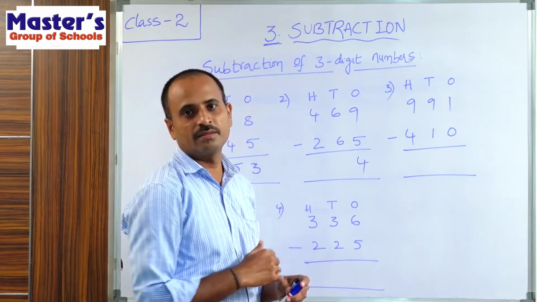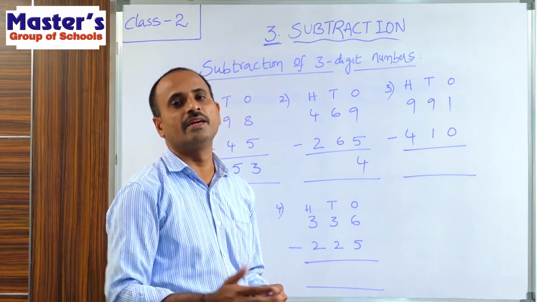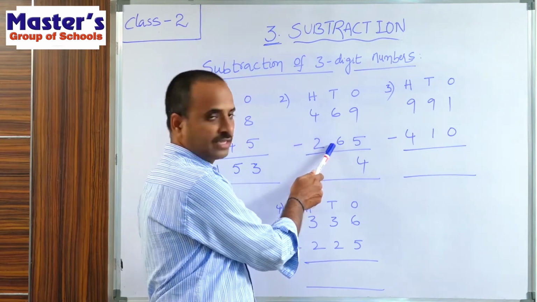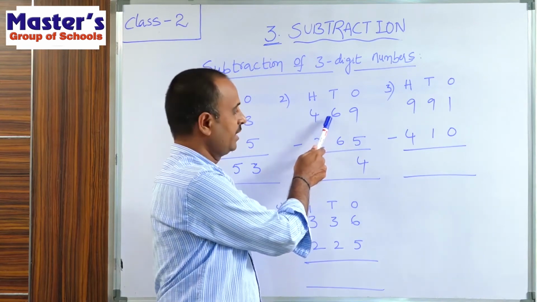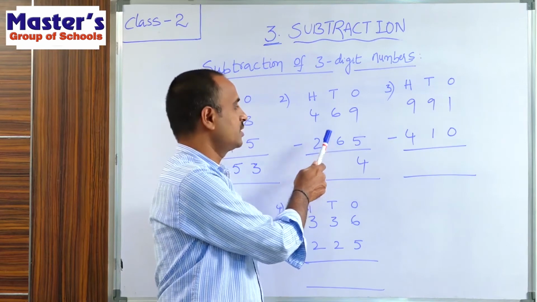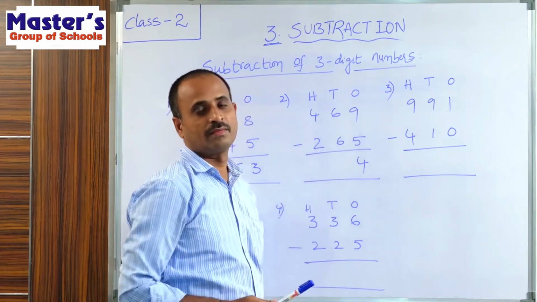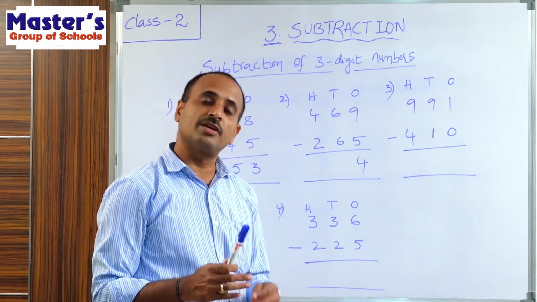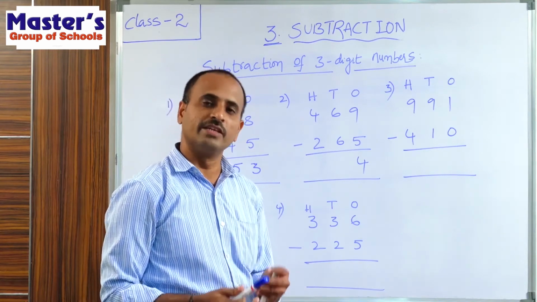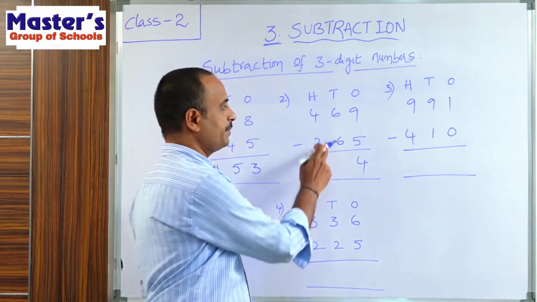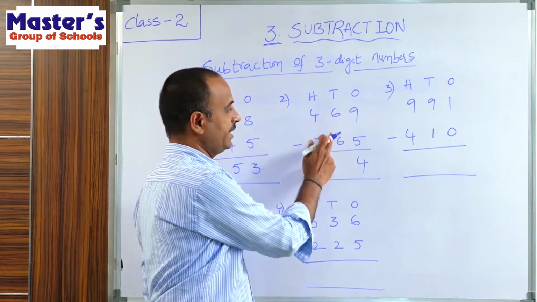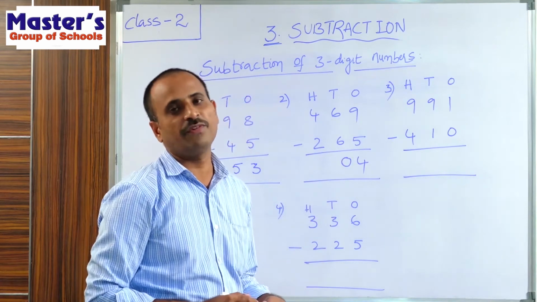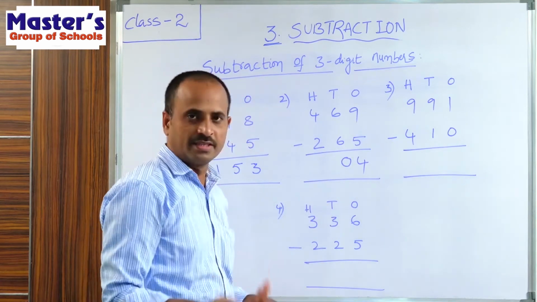Now go to tens place. Subtract the digits present in the tens place. What are the digits present in the tens place? 6 and 6. The first digit is 6 and the second digit is also 6. So subtract 6 from 6. According to subtraction facts, if a number is subtracted from itself, the answer is 0. So 6 minus 6 is equal to 0 as per subtraction facts. So the tens place is completed.